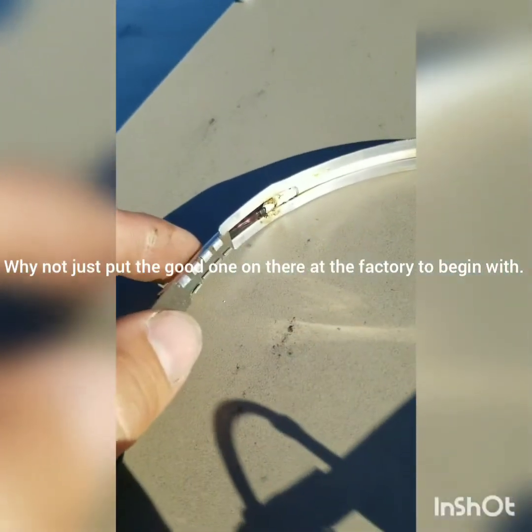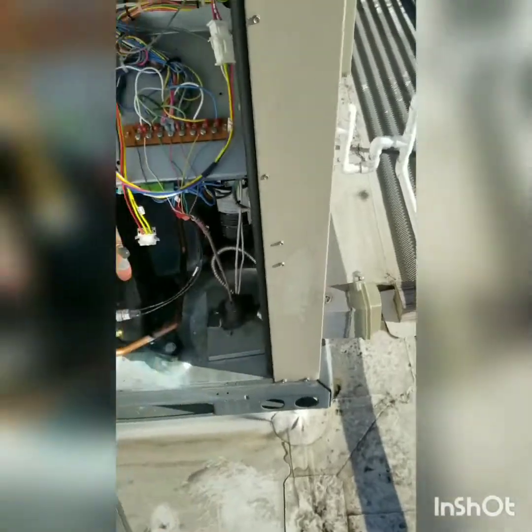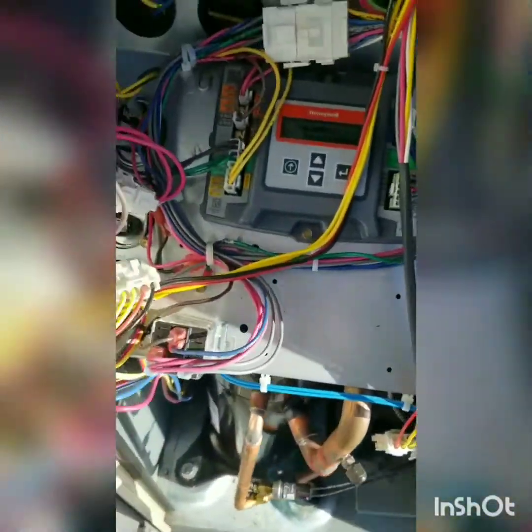This was the second crankcase heater. It's actually reading open as well. So we got 2 bad heaters. We'll have to write those up and let them know what they need. Make sure everything